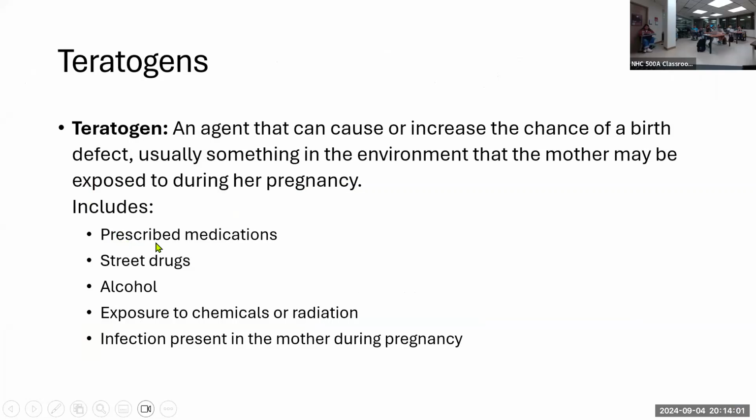So it could be a prescribed medication, like if someone's on an antidepressant. It could, of course, be street drugs and alcohol. We know well about those. Tobacco. It could be exposure to chemicals or radiation, like if she works at some sort of a job that could cause her to be exposed to dangerous things like that. And it could also be a sickness, an infection of some sort, a viral infection. And so let's look at a few of these and